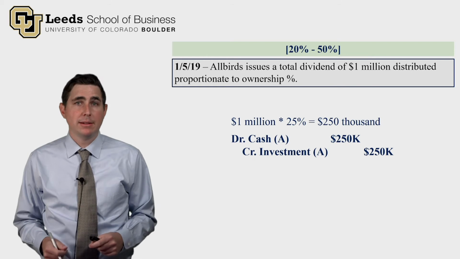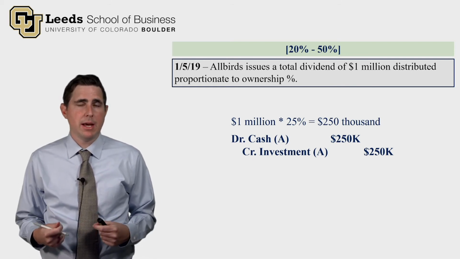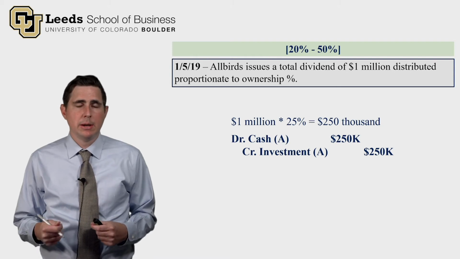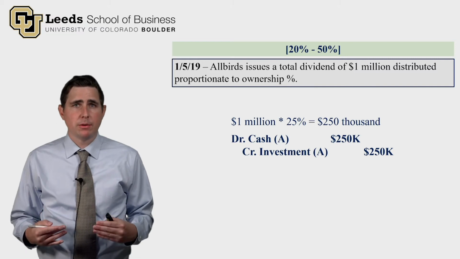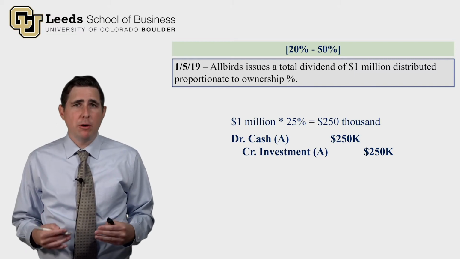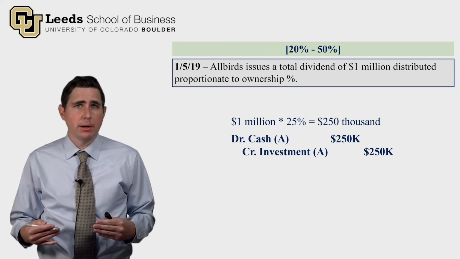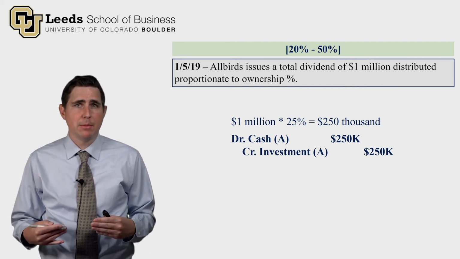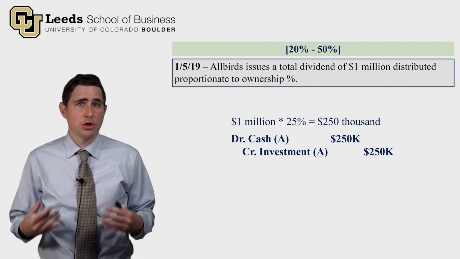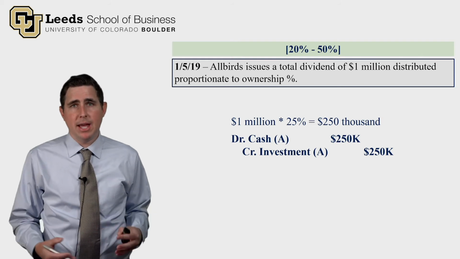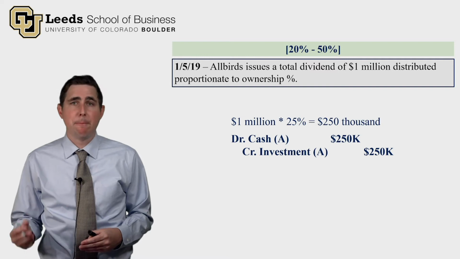Now this credit decreases the investment account from receiving a dividend, and sometimes that seems a little strange, but let me put it in this way. We own 25% of Allbirds. When Allbirds pays out $1 million, we now own 25% of a smaller company, a company that has decreased in size by $1 million. That's why we're reducing the size of our investment by our share of that dividend. So we debit cash receiving the dividend, and we credit the investment account, reducing the investment account back down to